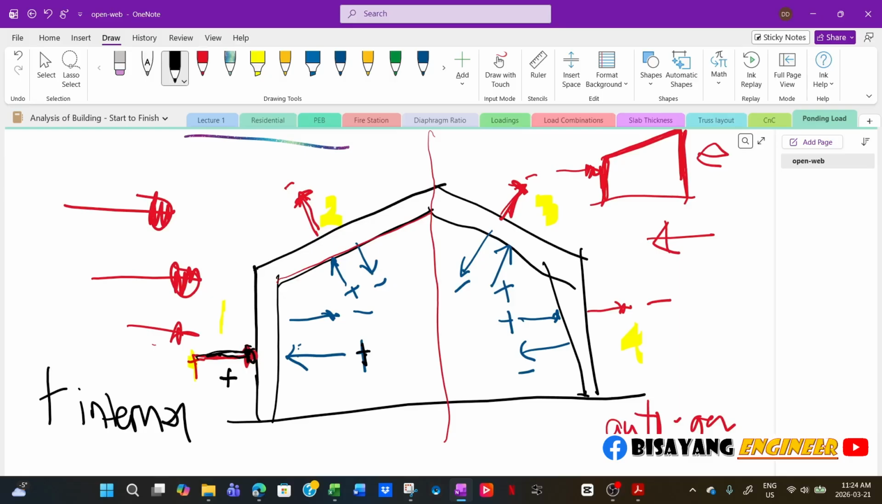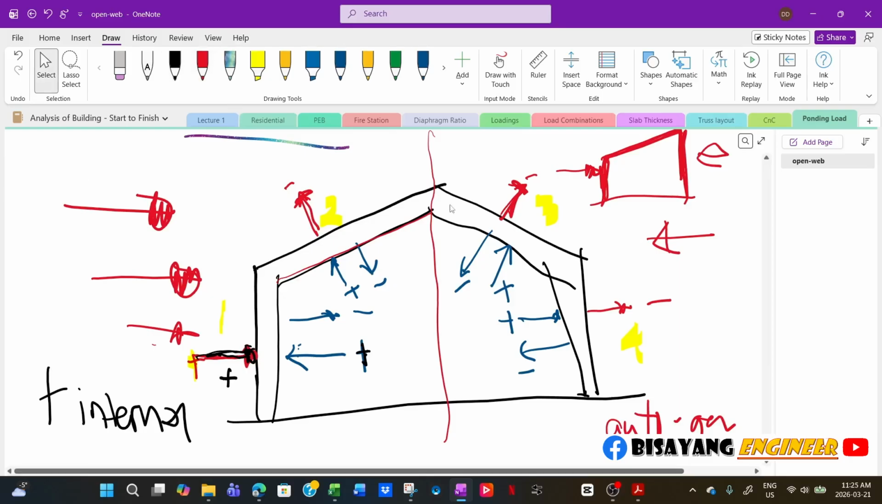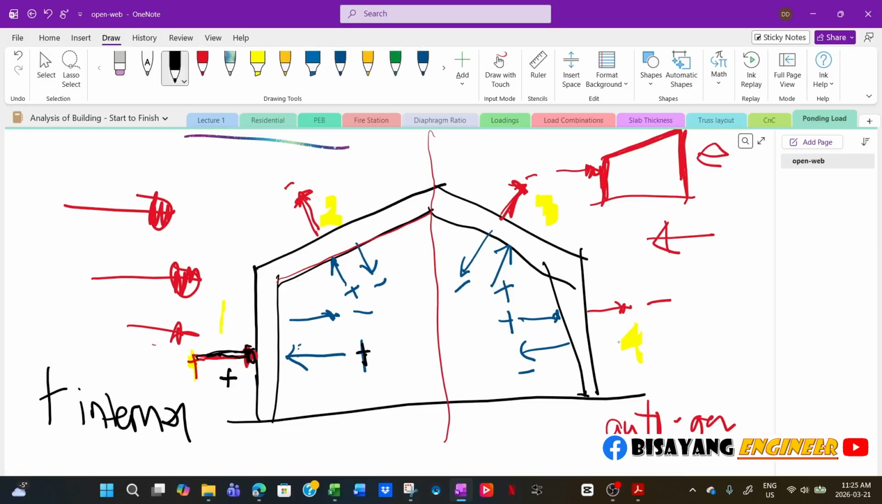So you will have a net positive pressure here, going to the right. And then right here, if you notice, this is negative and this is positive, but this will produce the